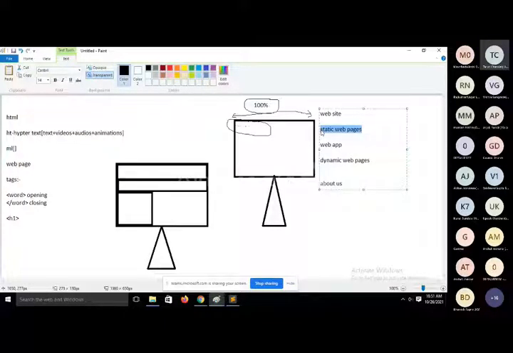So with the help of PHP, which type of application can we create? Website or web application? By using PHP, is it possible to create website or web application, or both? Say yes or no. With the help of PHP, you can create website, and you can also create web application. Fine, guys.